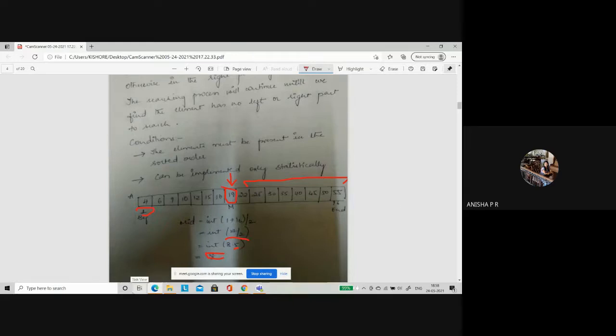Divided, now conquer. What are you conquering? You are trying to implement your rules on the leftover parts. So in the first case, you compare the element to be searched with the middle element. If the middle element is the same as your search element, your searching is done. If the middle element is not the same, you compare: is it bigger than that element or smaller? If it is bigger, you go to the right side. If it is smaller, you go to the left side.